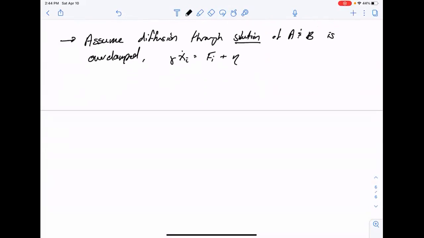If they diffuse in an overdamped way, then each will follow a Smoluchowski equation dictating that the probability of finding B at position R and time t, and how that changes in time in now 3 dimensions is given by the gradient of our flux at R and t. And that flux